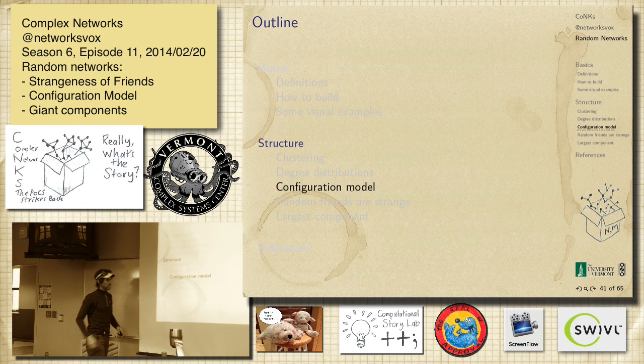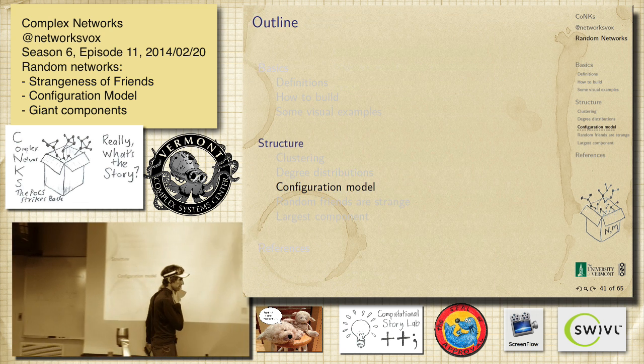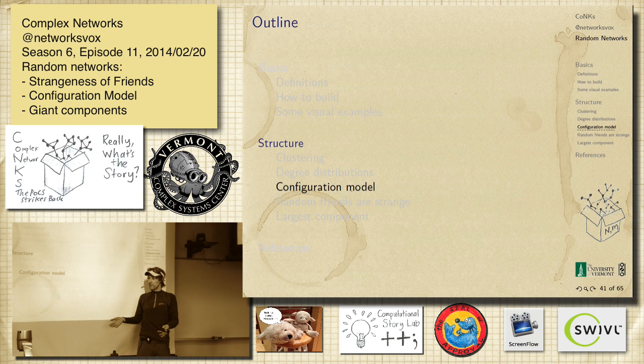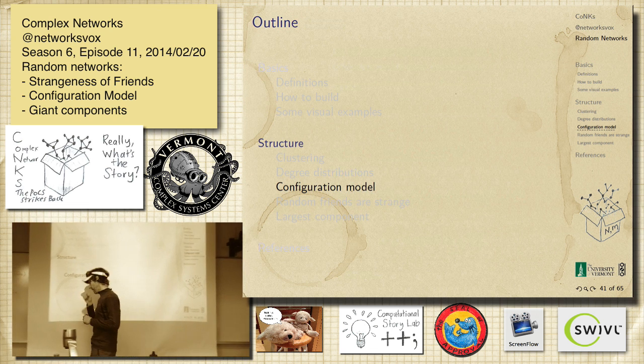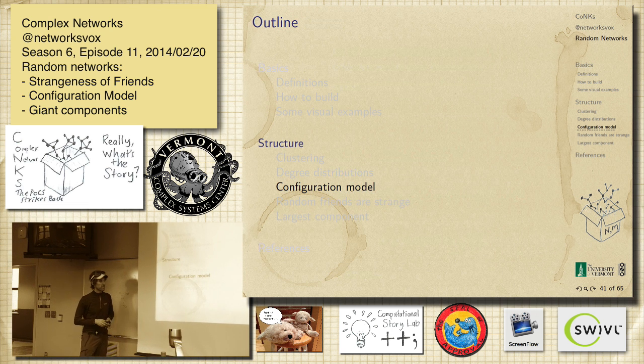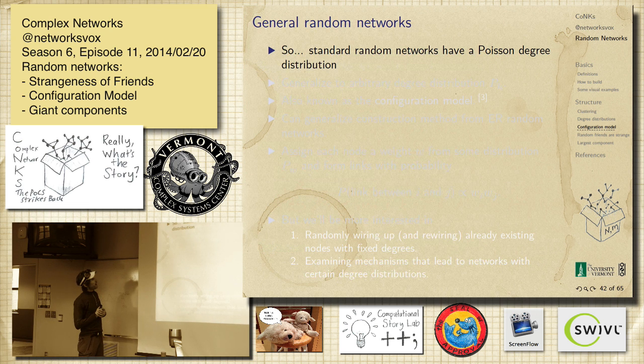Okay. All right, configuration models. So we've talked a little bit about how to build these things. There's the theoretical one, which you can do, certainly, with simulations. You can say, okay, I've got n nodes, and then I'm going to test every link. With probability p, it'll be in, with probability 1 minus p, it's out. That builds you a random network. Or you could throw m edges down. Totally exciting, right? Think about how to do that.